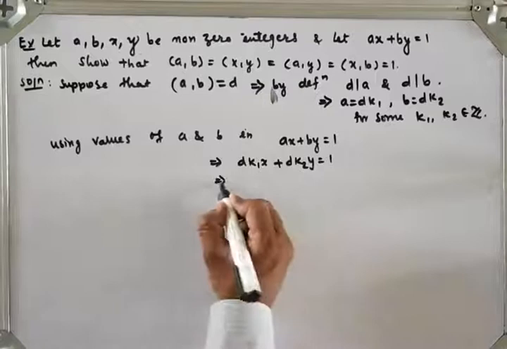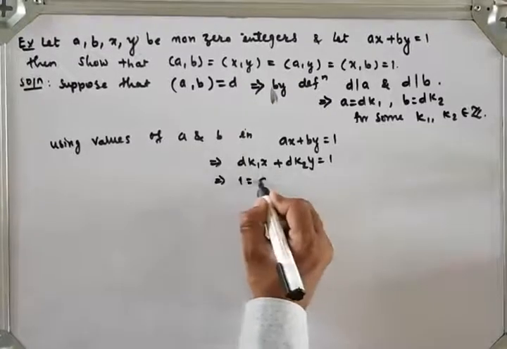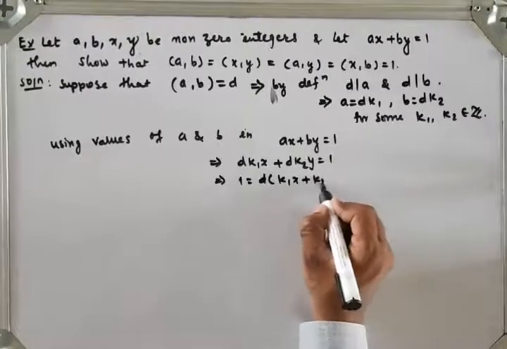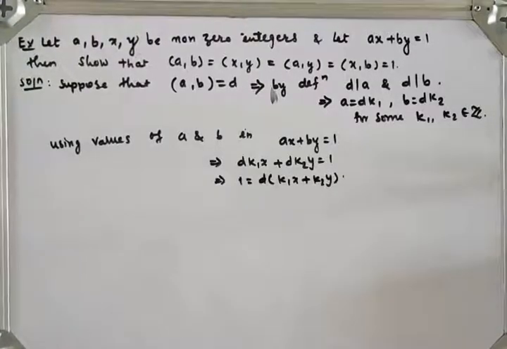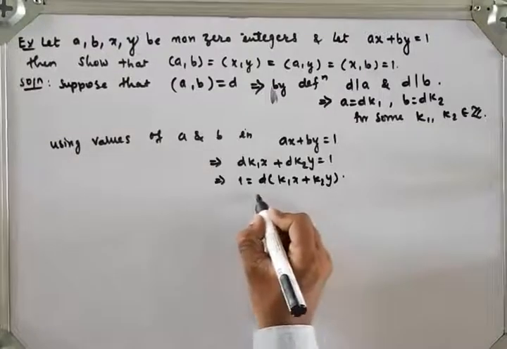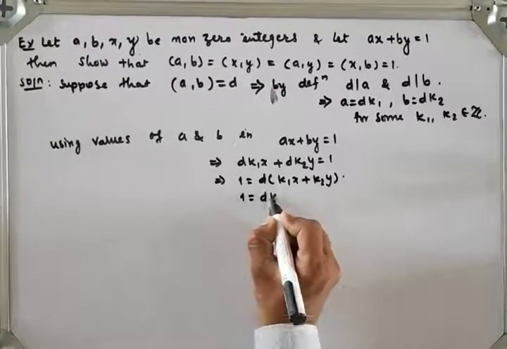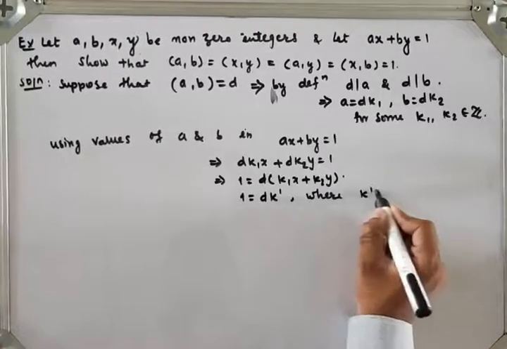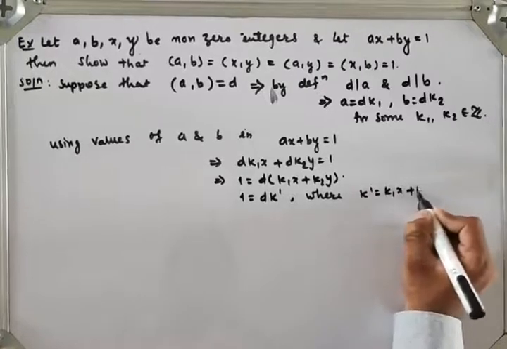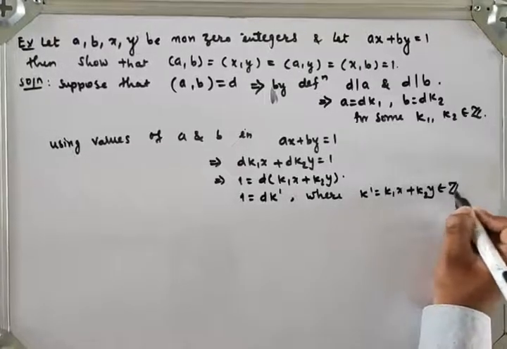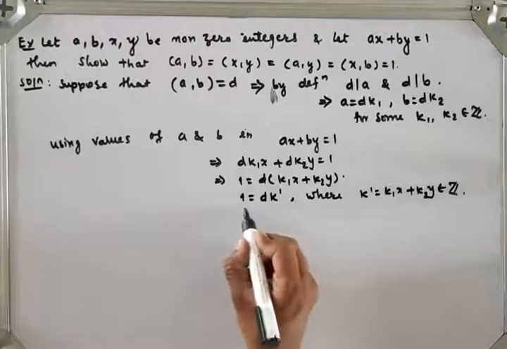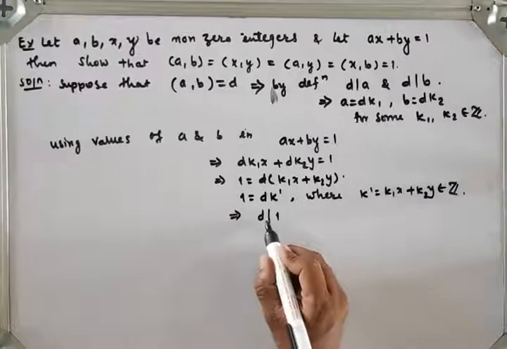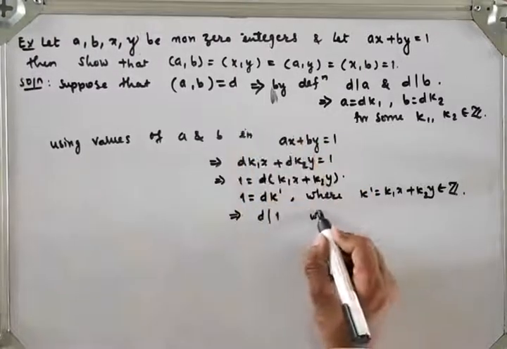So I will write it as 1 is equal to d, taking d common, into bracket k1x plus k2y, right? So I will write it as integer k dash. So 1 is equal to dk dash, where k dash is nothing but k1x plus k2y which belongs to the set of integers. Then by the definition of divisibility, d divides 1,